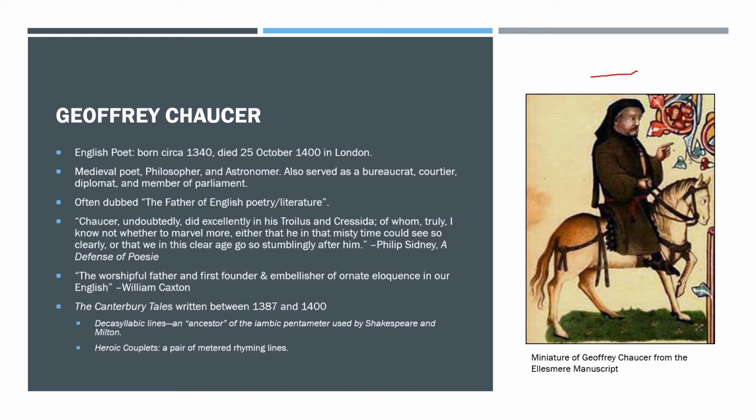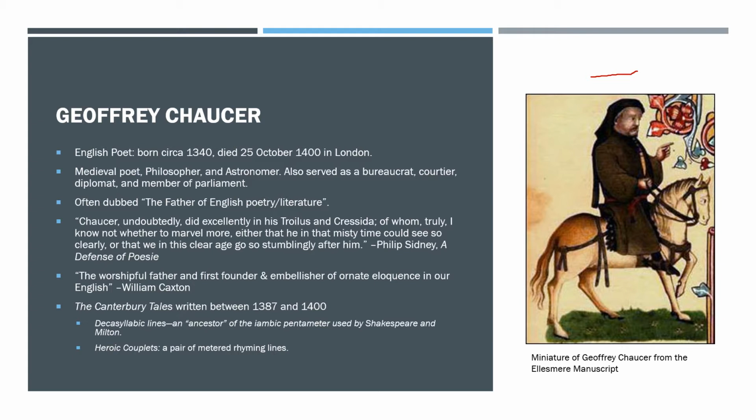He's on his horse doing a little bit of pointing towards the text, right? And this is kind of fitting because the manuscript contains all the characters in the Canterbury Tales, and Geoffrey Chaucer himself is one of those characters. He writes himself into it, which is really fun. He tells his own tale, the tale of Sir Topaz, and it's a riot. But that's not what we're here to talk about. We're here to talk about Geoffrey himself.